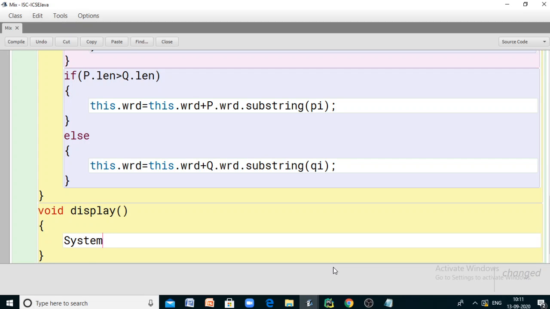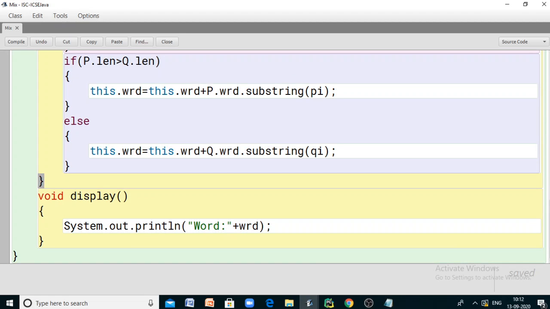So system dot out dot println, word is actually printed.